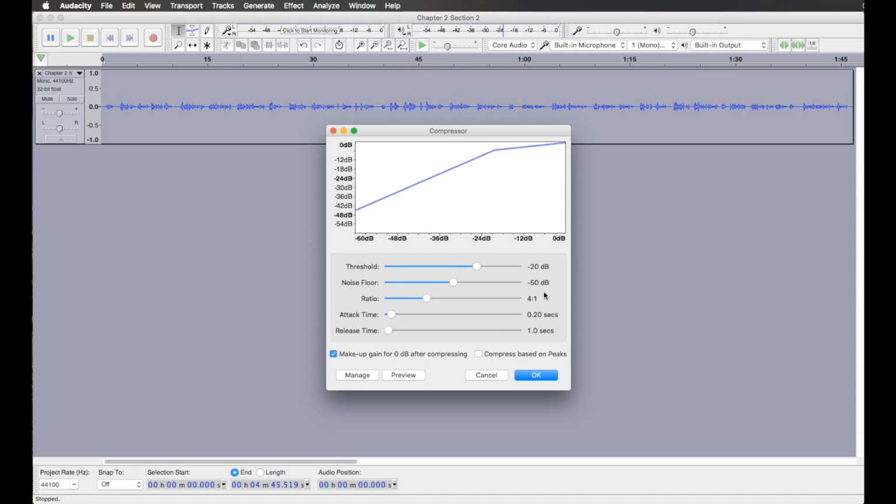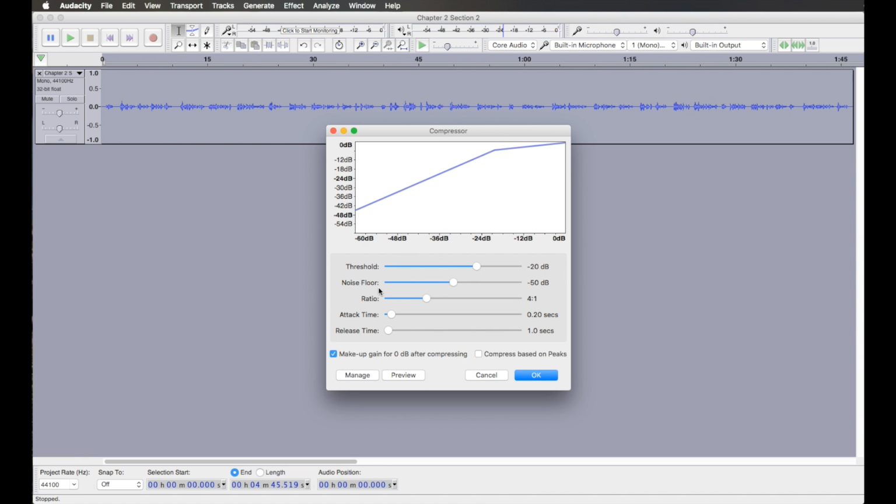That's what that ratio is, okay? So the attenuation starts at negative 20 decibels. Anything above that threshold at negative 20 is going to be reduced: for every 1 decibel of loudness, it's going to reduce it by 4 decibels. So anything that is at, say, negative 12 is going to wind up at negative 18. That's that 4:1, because you're up by 8. It's going to bring it down, 8 to 2. So instead of it being 8 decibels above the threshold, it's only going to be 2 decibels above the threshold